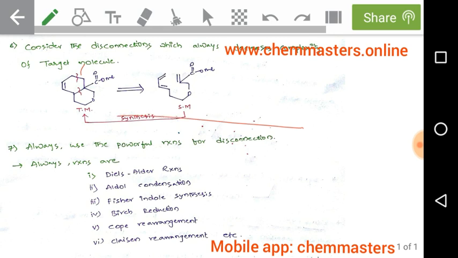Okay, now always use the powerful reactions for disconnections. The reactions may be different important reactions, such as Diels-Alder reactions, aldol condensations, Fischer indole synthesis, Birch reactions, Cope rearrangement, or different kinds of rearrangements, or any other very important reactions. Okay, so we need to follow the familiar and the most useful or simple organic reactions in the disconnection approach. Okay, right. Now